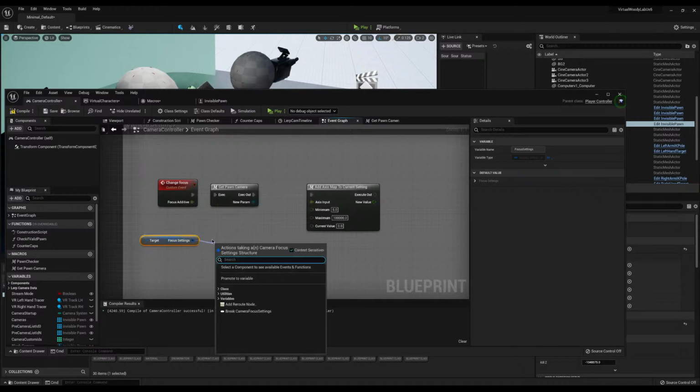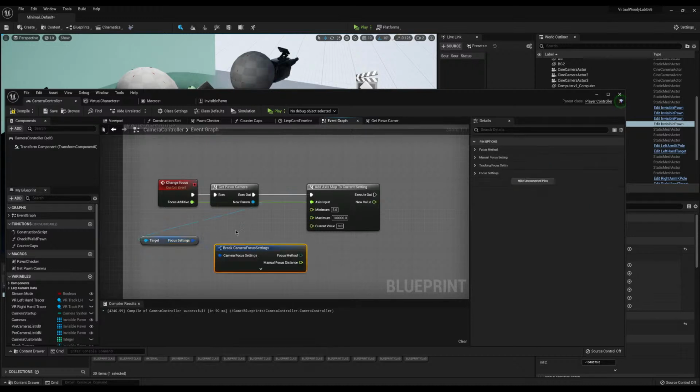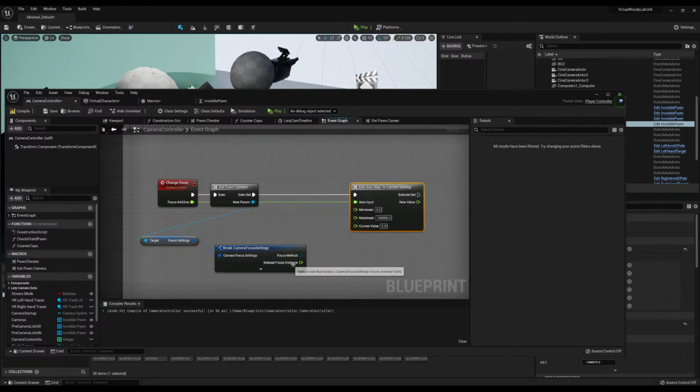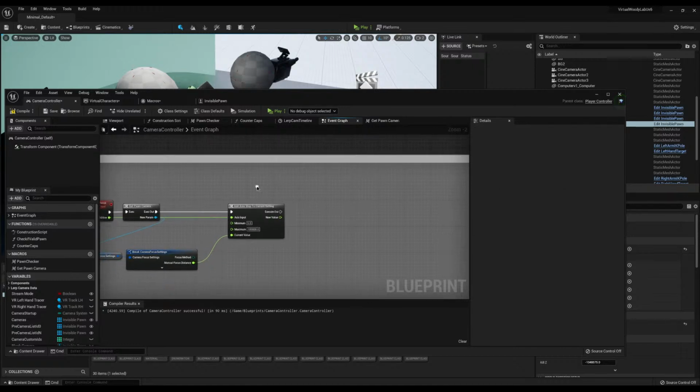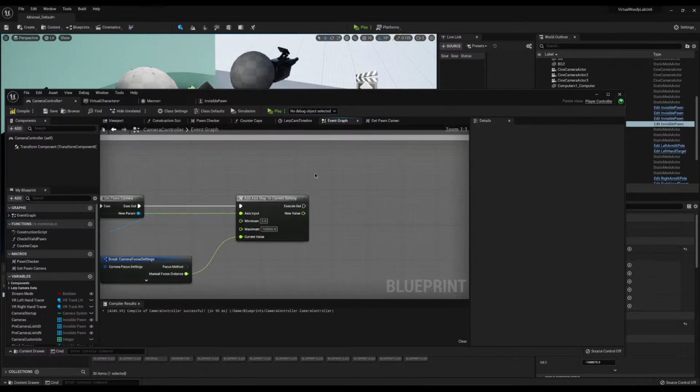Do that. Break. Focus settings. And you'll focus distance. Set that as the current. And then